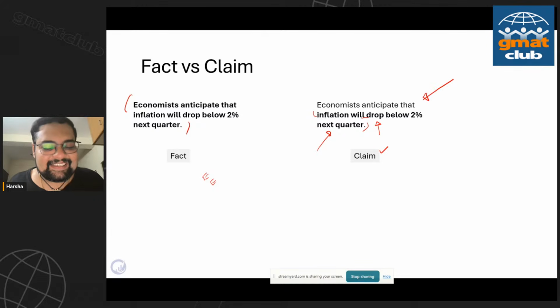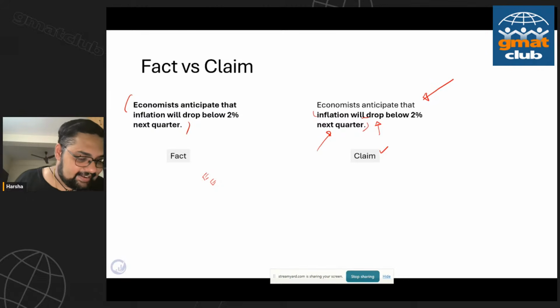So the feedback there is, you have to really pay attention to what is bolded exactly to determine whether you would consider it a fact or a claim. Would you call it an evidence? Would you call it a prediction? All those things depend on a lot of things. So you can see the difference.